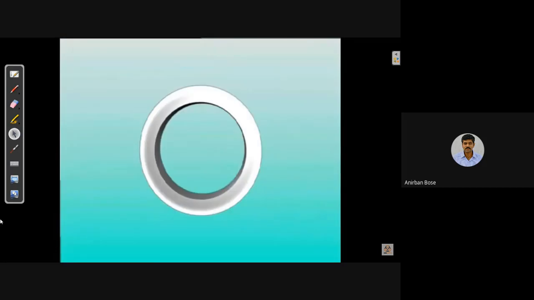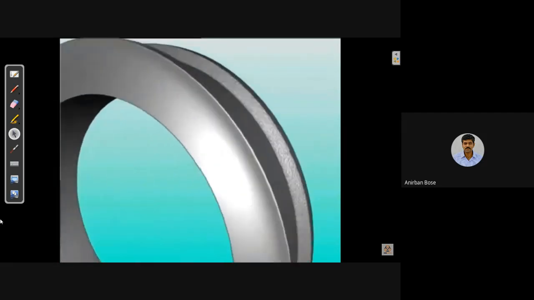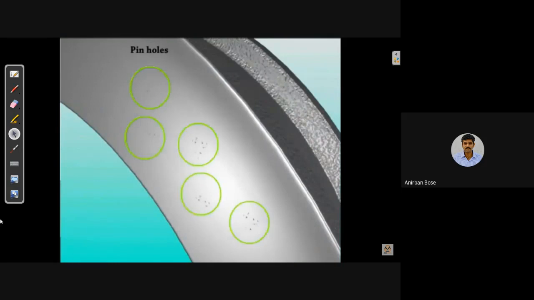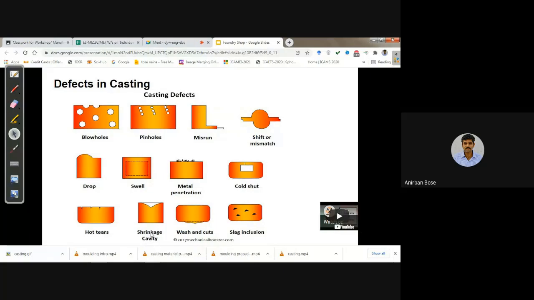Let us see an example for pinhole. Pinholes are small gas holes either at the surface or just below the part surface. So you have seen the different kinds of casting defects.